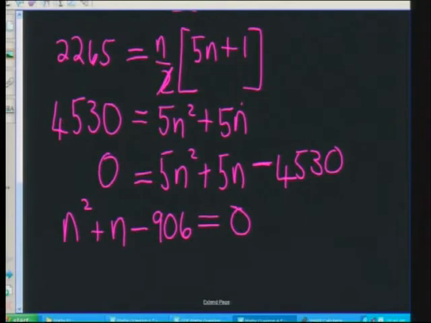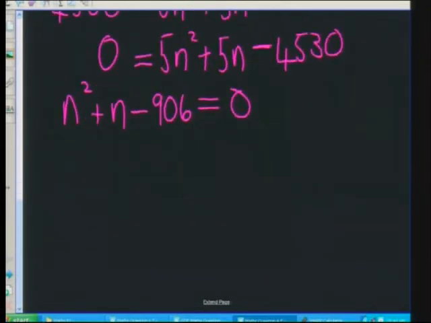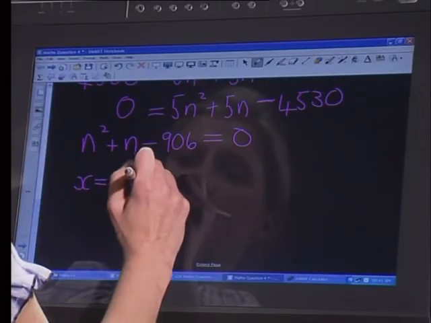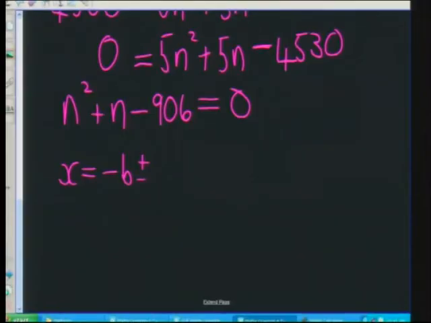Okay, now guys, I'm not exactly an expert with the factors of 906, and you could be in for a bit of a long haul if you're going to do trial and error the whole time. So rather than waste the time, I'm going to start off by just using the quadratic formula. So I'm going to say x is equal to minus b plus or minus the square root of b squared minus 4ac,